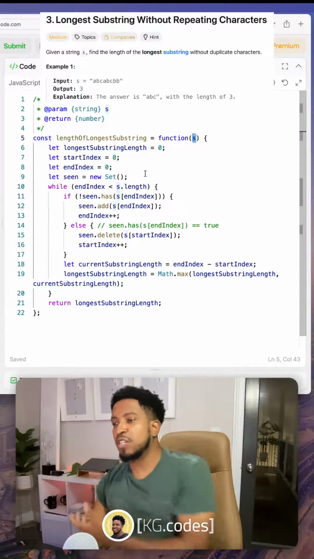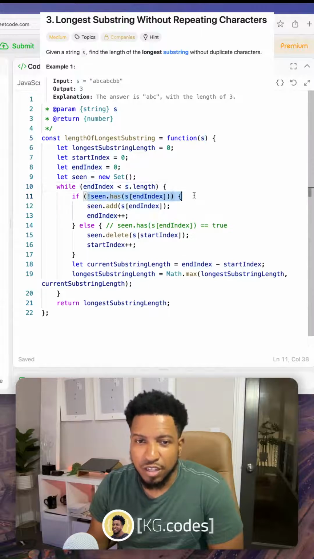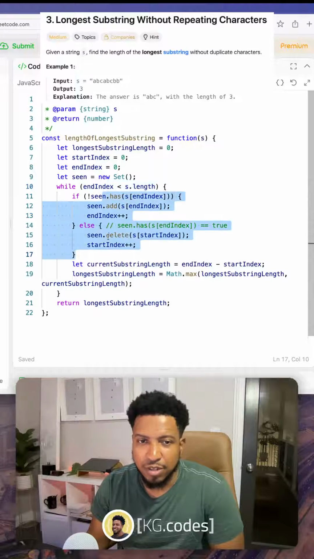But sometimes when you're interviewing, when you get to this point of the code, you want to read through it and just make sure that it's doing what you think it's doing. When I haven't seen something yet, I'm going to add it to my seen set, and then I'm going to increment this and keep going to the next character, and then do the same operation on the next character. But I'm also going to always check index minus start index to make sure I'm always keeping track of the longest substring length. If I come back in here and I have seen it, I go down into here,